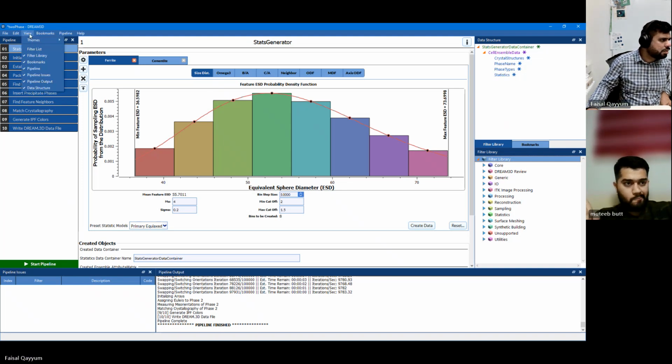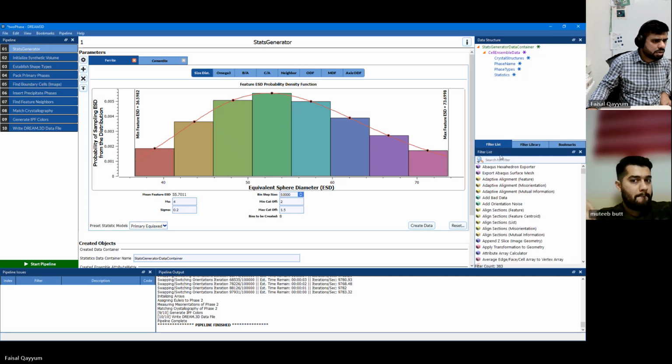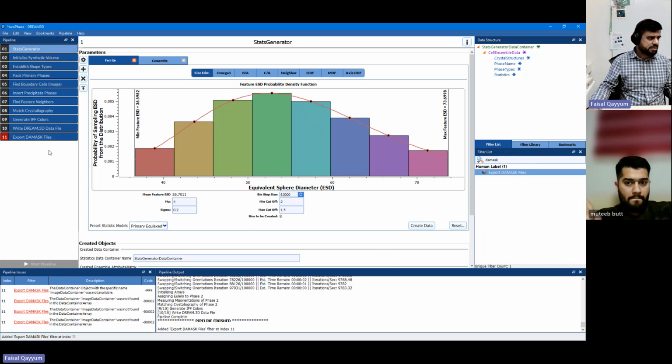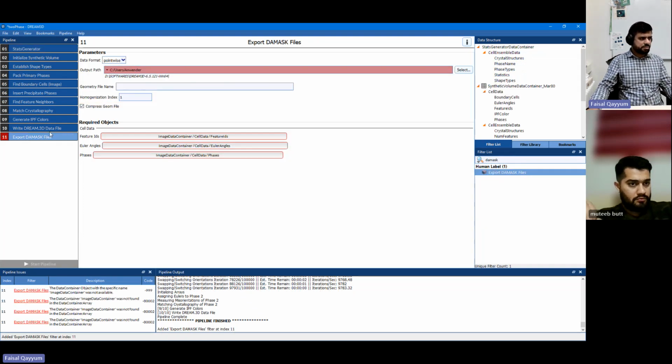No? So if I, for example, click on this, I see that I have an export DAMASK option, which is point-wise